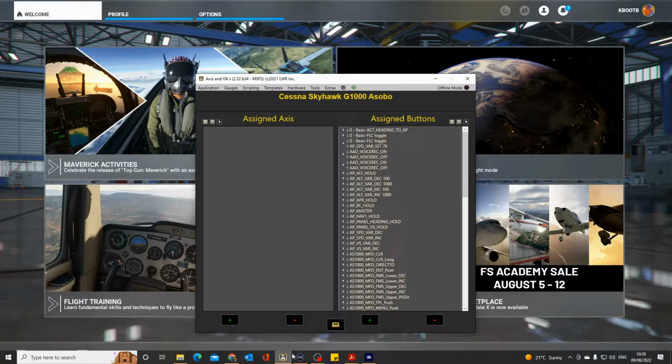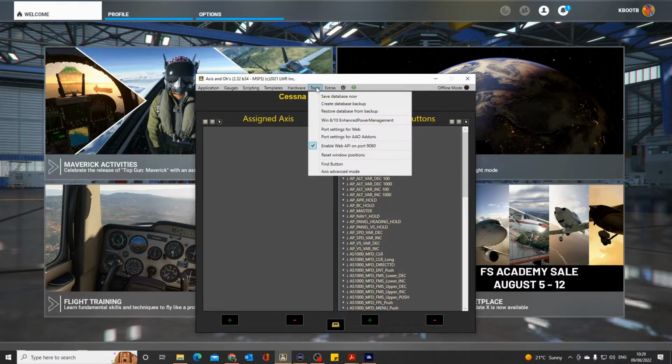Okay, so what I would normally do now is shut this all down back to desktop again and do a restart just to make sure that everything's picked up. There's a couple of extra things you need to do if you've used